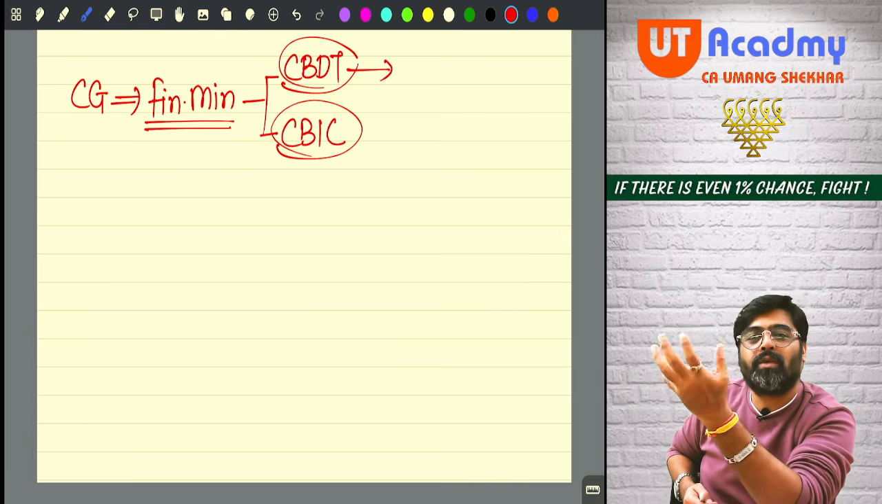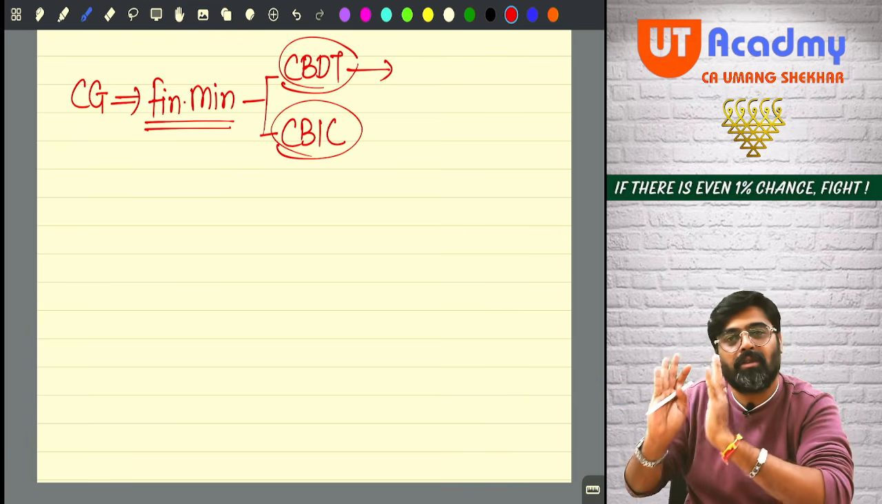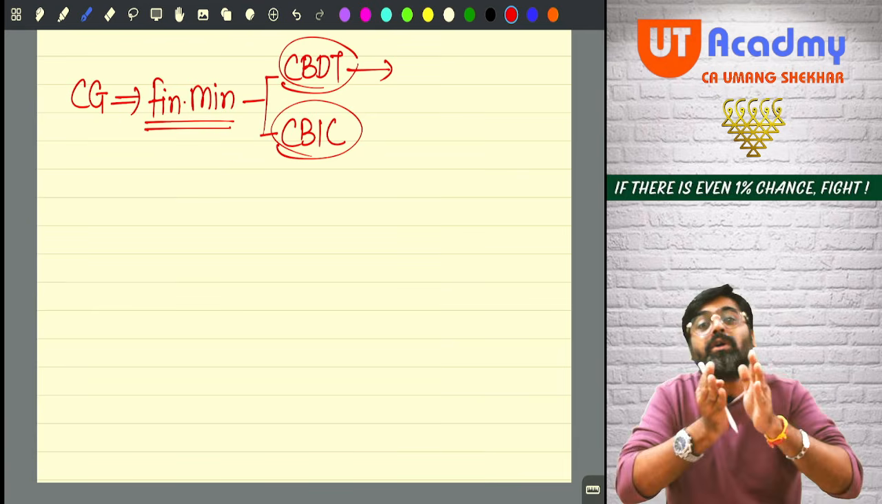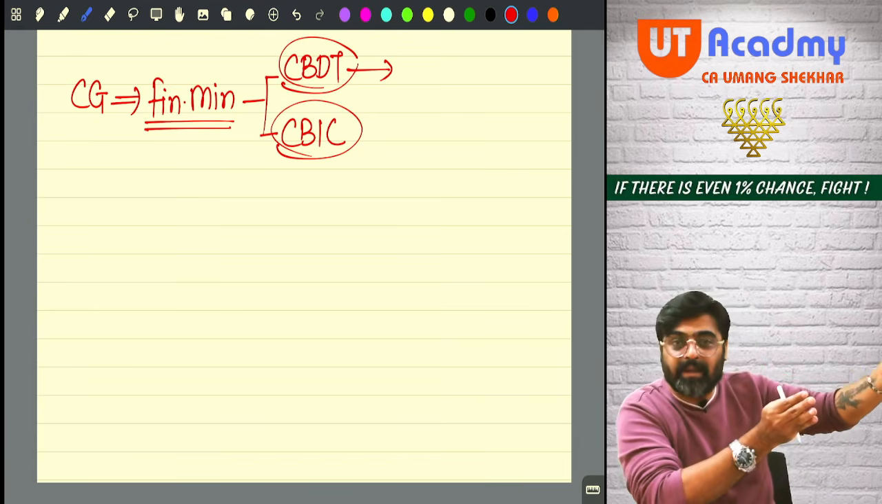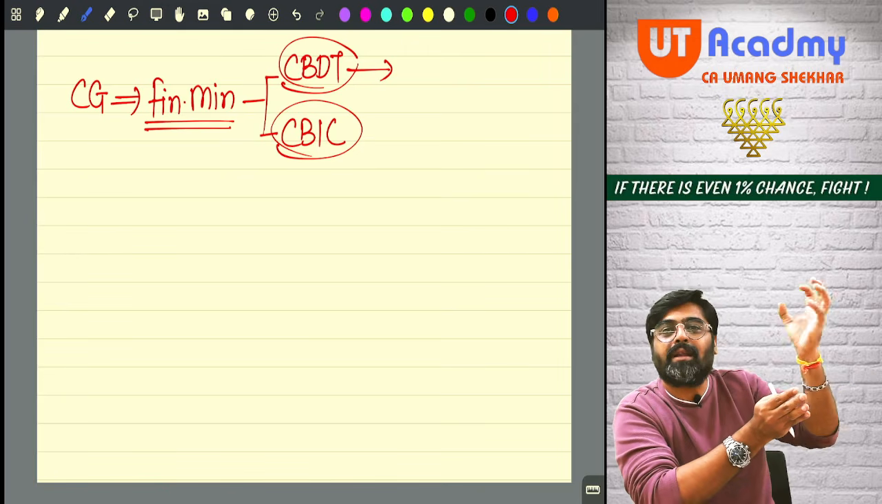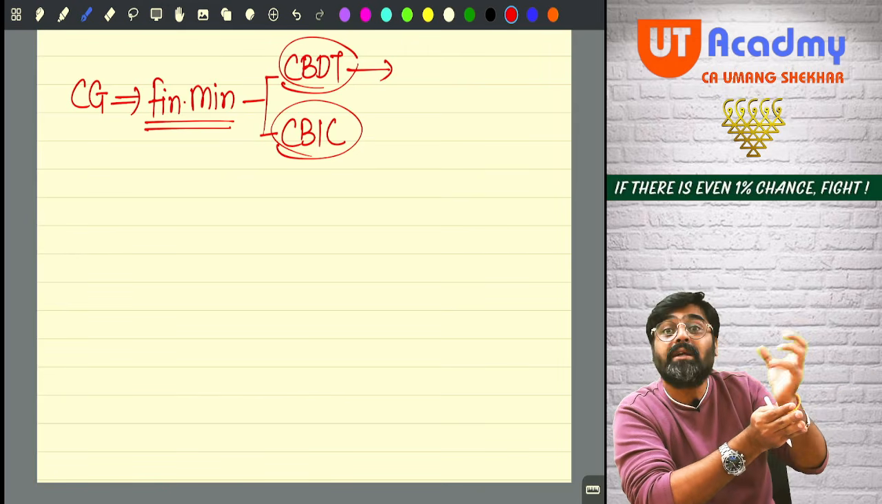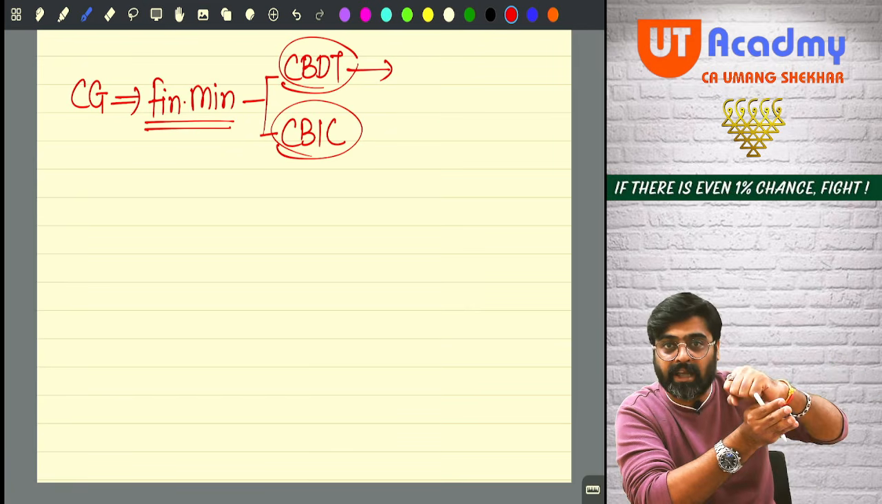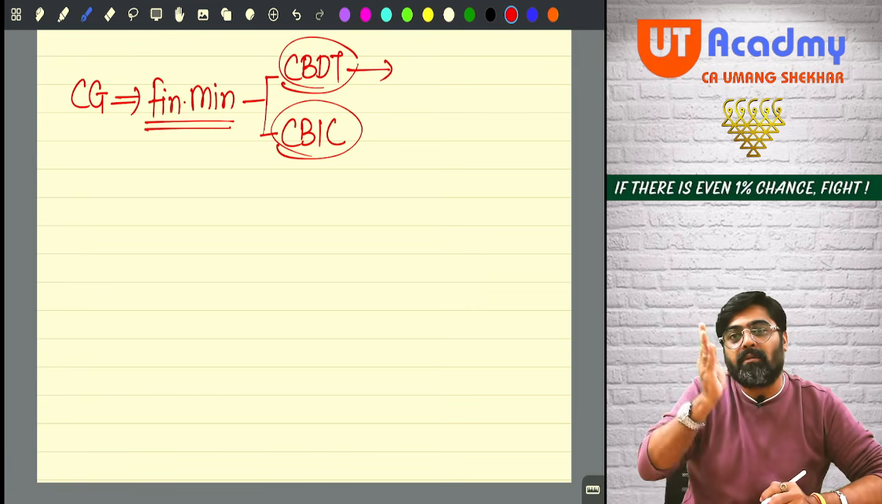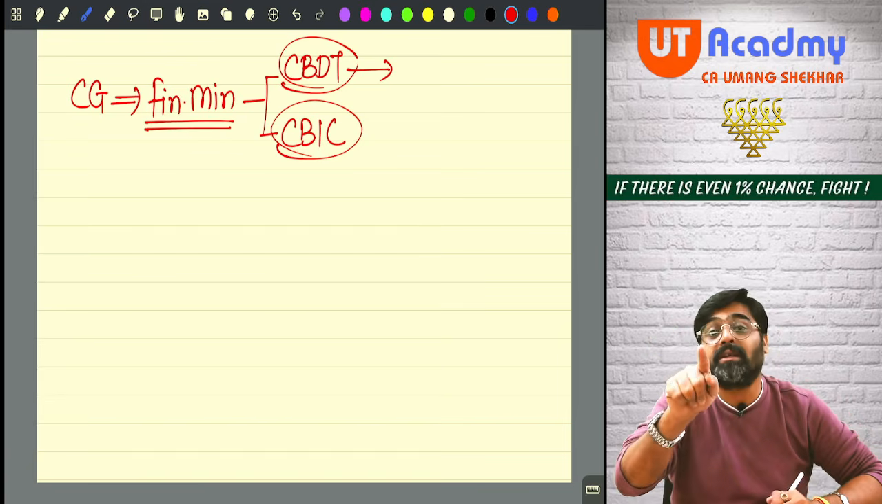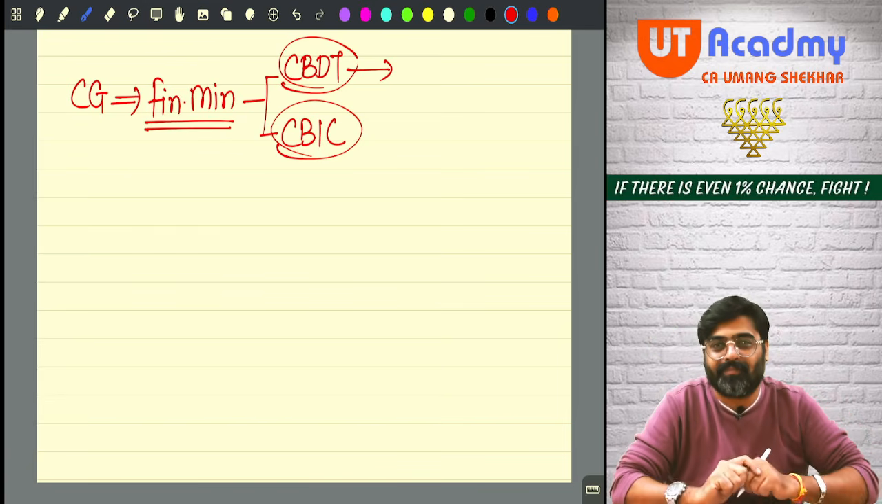So what is the duty? What is the role of CBDT? CBDT's role is to get the Income Tax Act implemented in India and collect the income tax from the taxpayers and give that income tax to the central government. It is a tax collection authority